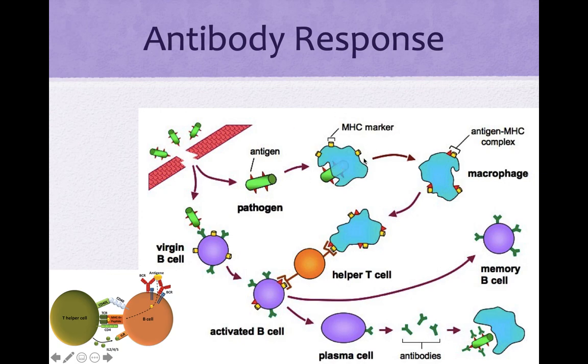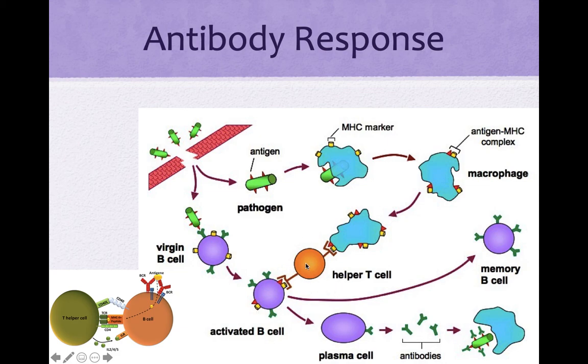So what you're looking for in the immune system is a macrophage with an antigen on it and a B cell that contains an antibody and the same antigen on it as well. Both of these guys in the immune system have found the same pathogen. That shows the body that it's not just a fluke. It is something to be concerned with. More than one cell has found this. So once a macrophage finds the antigen and the B cell finds the same antigen, this is where the helper T